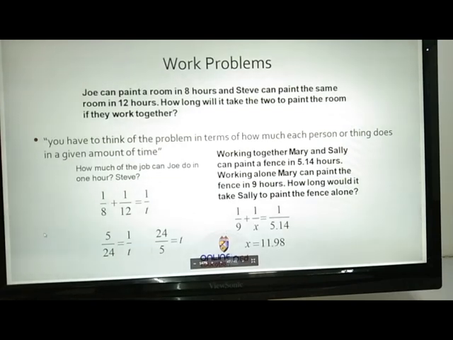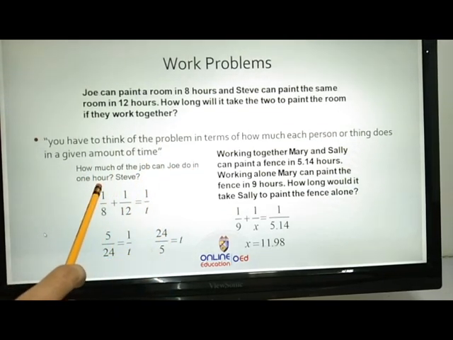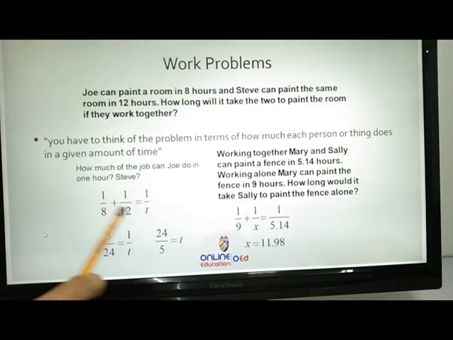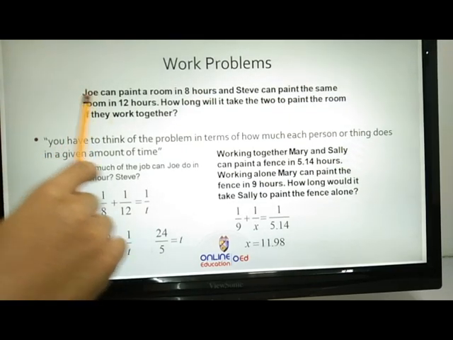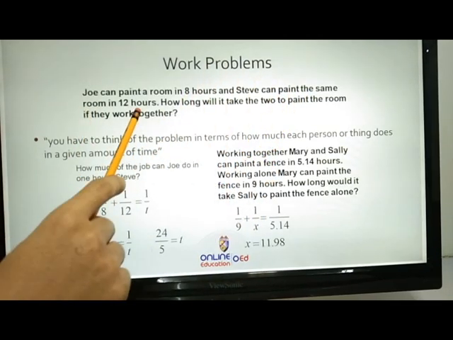So, we have the formula, for example, 1 over 8 plus 1 over 12 equals 1 over t, which represents the total time. How much of the job can Joe do in 1 hour and Steve in 1 hour? Given that, meron silang rate. Sabi niya, Joe can paint a room in 8 hours and Steve can paint the same room